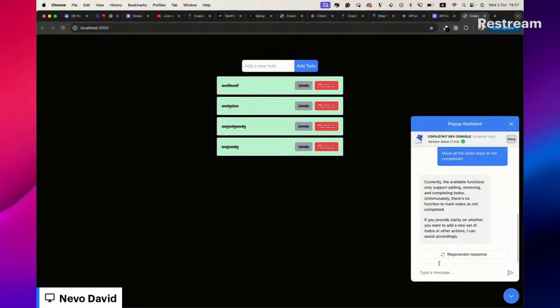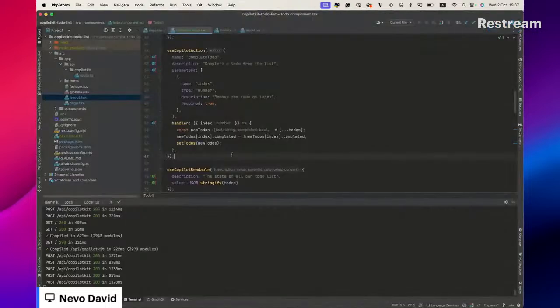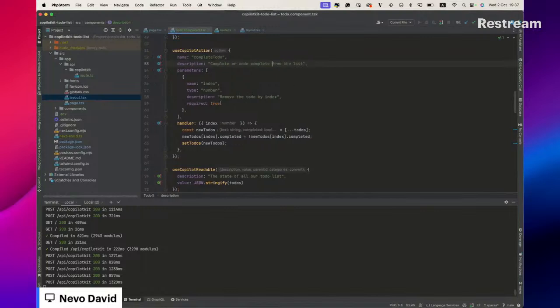Currently evaluating function, okay. He doesn't know that he can complete or not complete. Doesn't know because we didn't put it in the option. So if we want, we can change it to complete or undo complete from the list. And then we can take two parameters. So we have the index, and we can also take the,